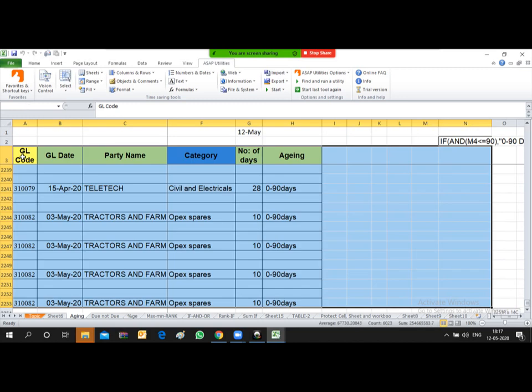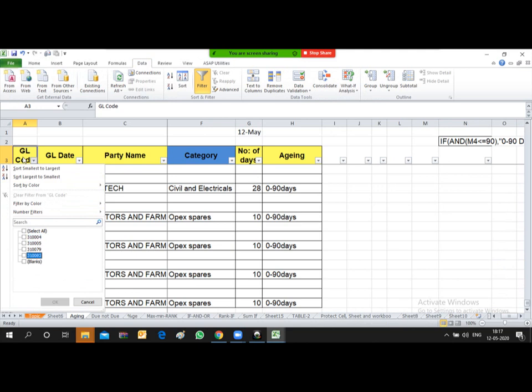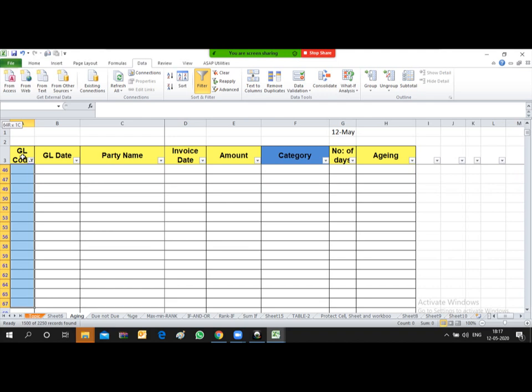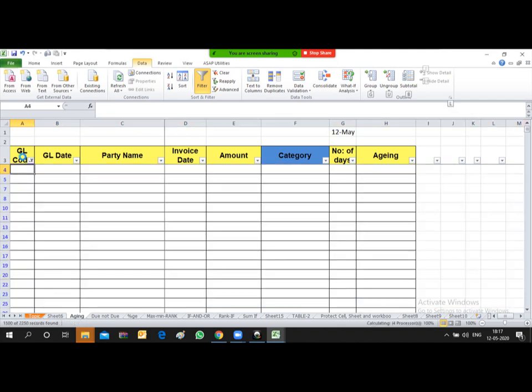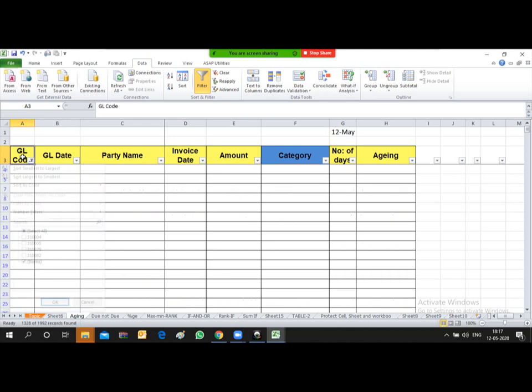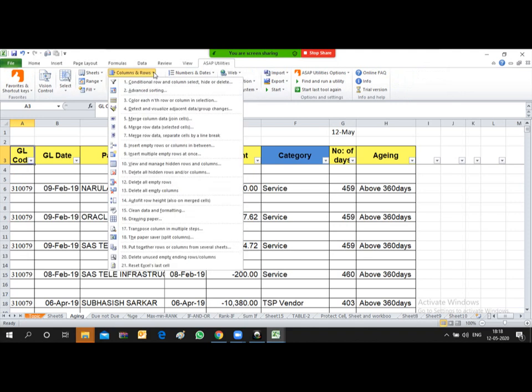Let's delete all these blank rows. Let's see if anything is available in ASAP utility. Delete all empty rows.